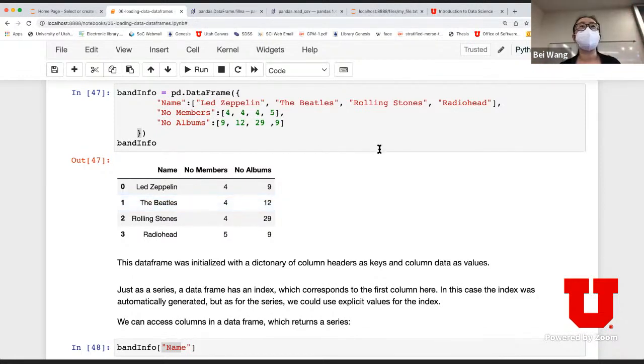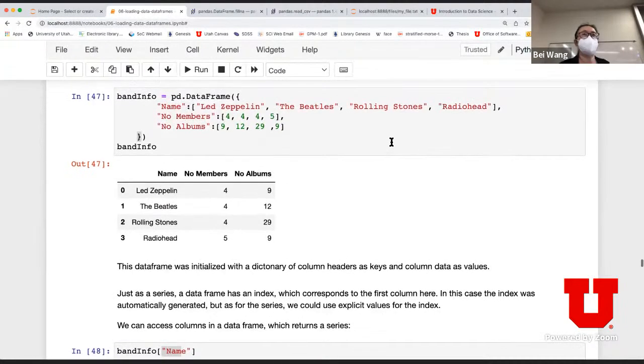How are series different from a dictionary? You can initialize a series with a dictionary. Good question. I have to think about it a little bit. A series is a bit more powerful than a dictionary.